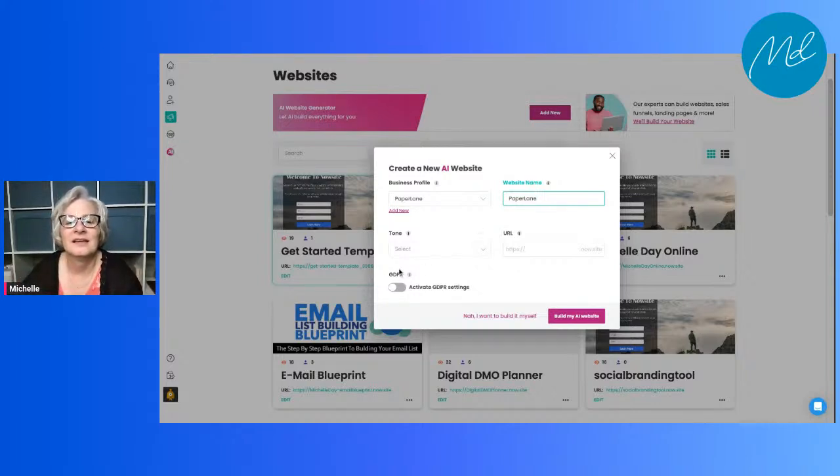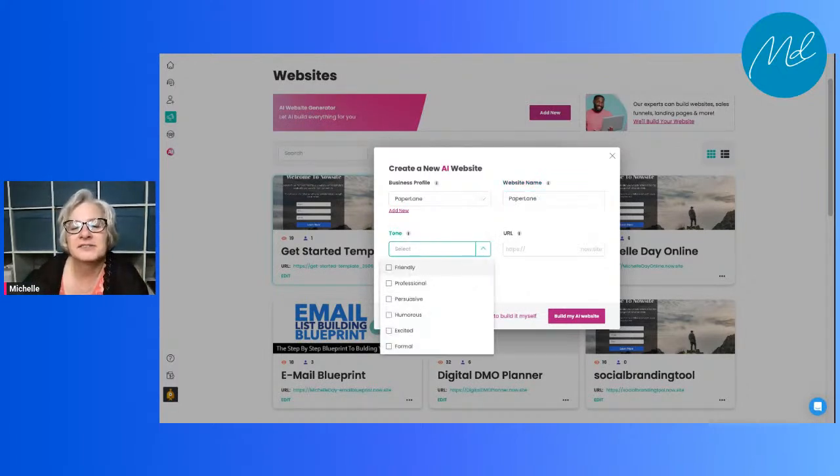Okay. Now we can pick a tone. This is kind of fun. So we get these different kinds. We get friendly, professional, persuasive, humorous, excited, and formal. Well, when I think of paper crafting and crafting with our friends, I think of it as being friendly.